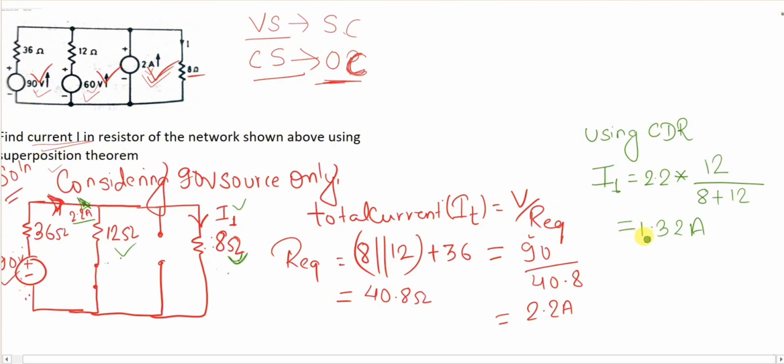Now once you have identified the value of this current I1 is 1.32 ampere flowing in this direction. Okay, remember the direction, which is upward to downward. Okay, from this way. And once it's done, let's consider another source, which is